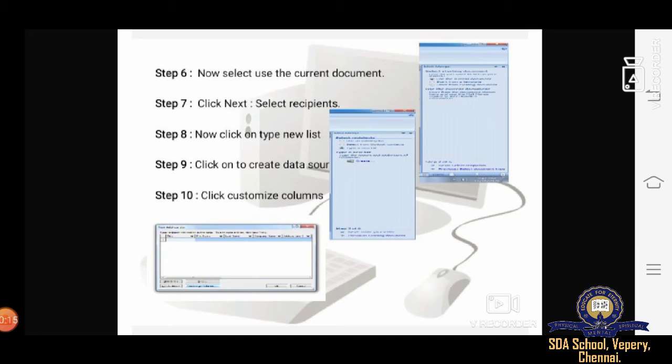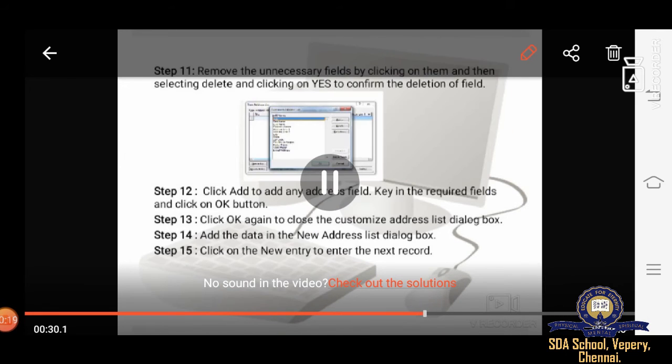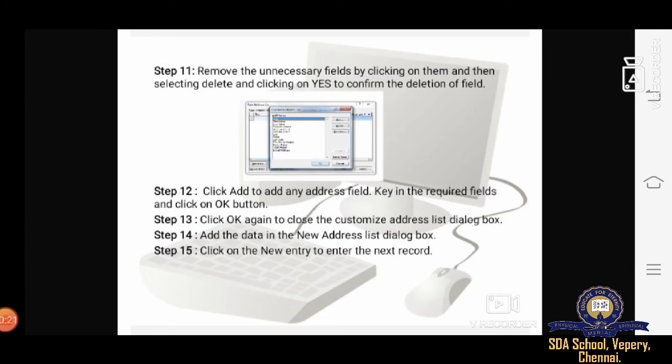And then step 11, remove the unnecessary fields by clicking on them and then selecting Delete and clicking Yes to confirm the deletion of fields. When any unwanted fields are there, you can delete them immediately instead of keeping them in the list.